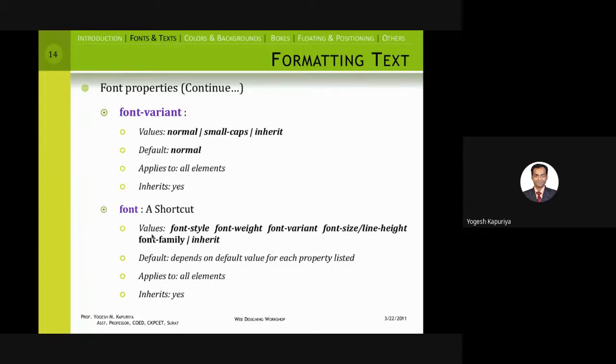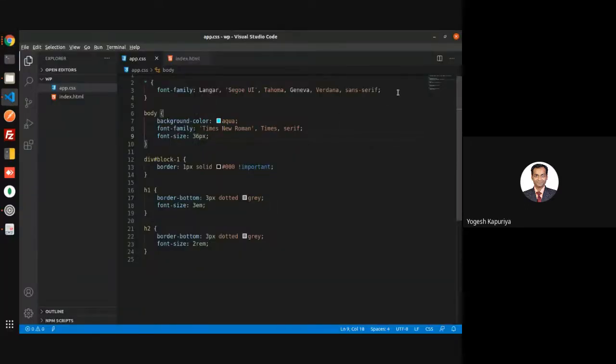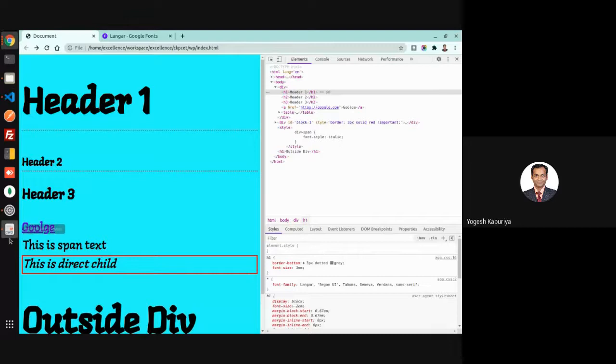So it's something like font, where you mention the font size, 12 pixel, then the font family. I think that way you have written border: there is border size, border type, and border color. So this is how you can do it in font as well.